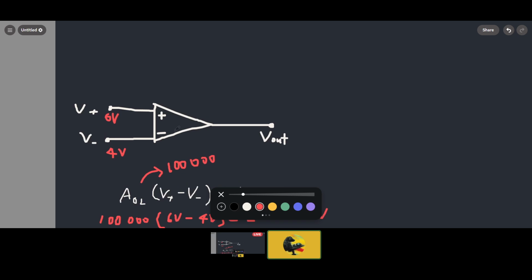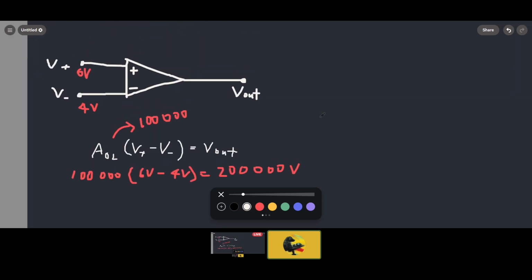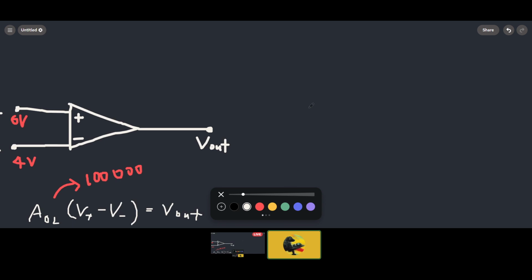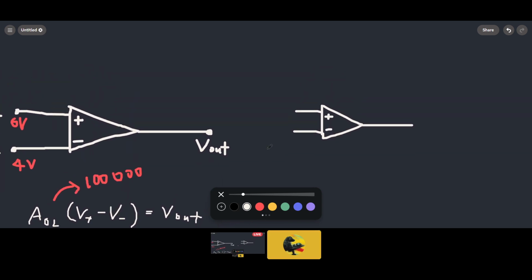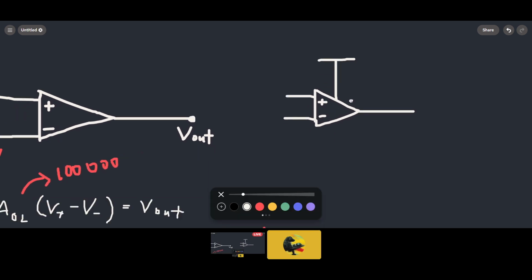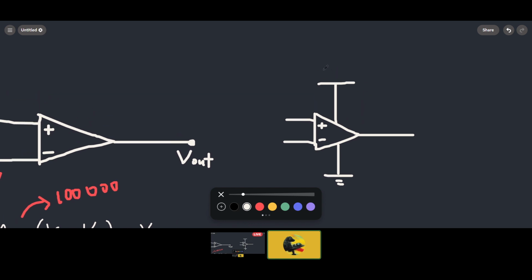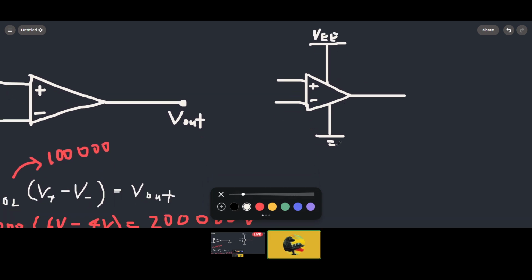This is the base form of an op amp, but actually you will also see them commonly like this. We've got the triangle, and the two inputs, the one output, the plus and minus. But we actually have two more pins on the op amp. We actually have this and this. This is probably going to be familiar, but basically this is VEE. So we're actually powering this chip, and this is